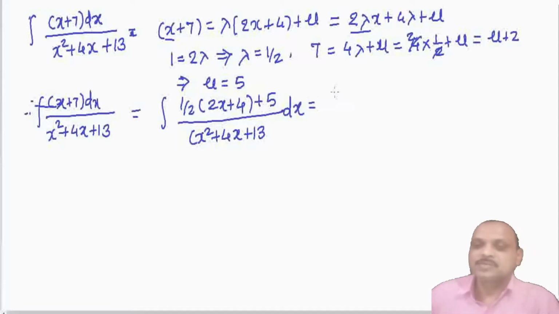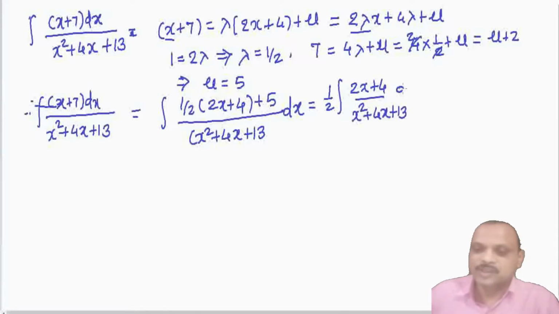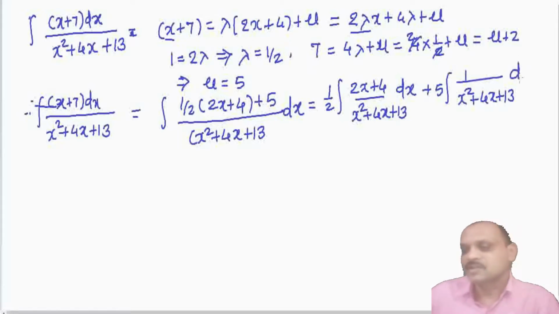Separating the numerator, it equals 1 by 2 into integration of 2x plus 4 divided by x square plus 4x plus 13 into dx, plus 5 into integration of 1 divided by x square plus 4x plus 13 into dx. You can see that in the first integration the numerator is the derivative of the denominator, and its integration is very simple, log of